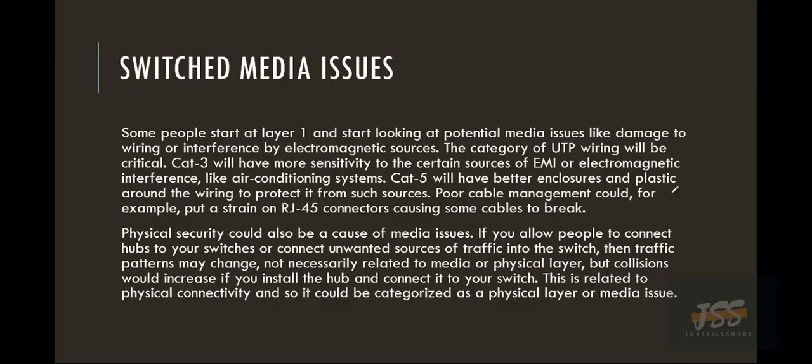Collisions would increase because you are installing a new hub or new switch in your network. This is also related to physical connectivity, so it could be categorized as a physical layer or media issue.